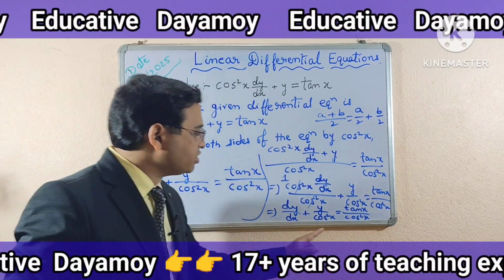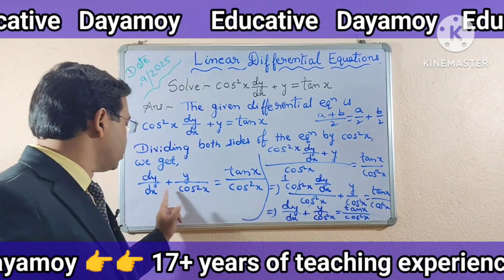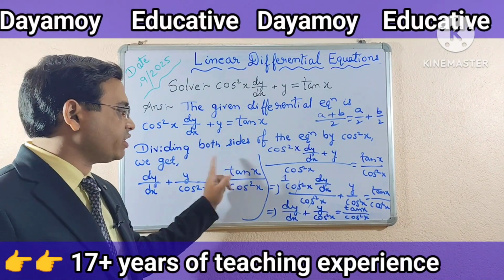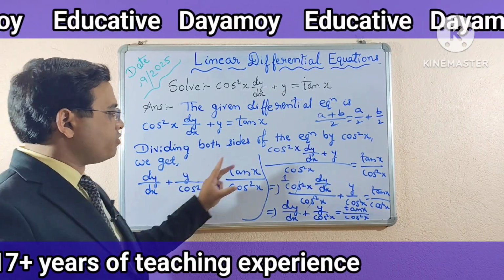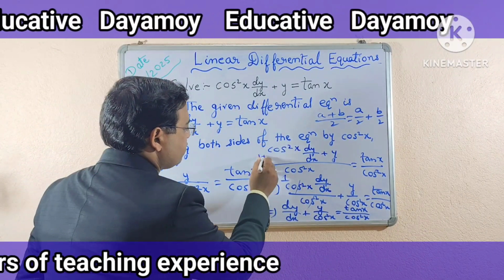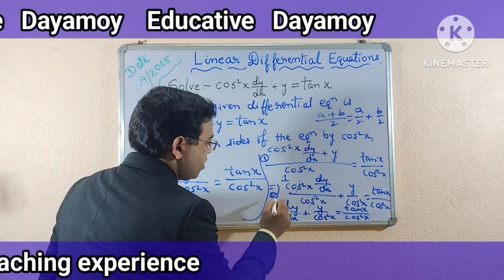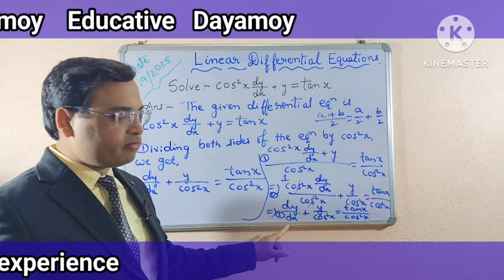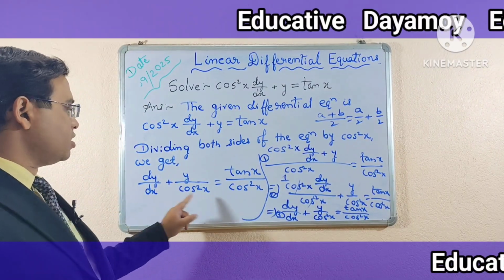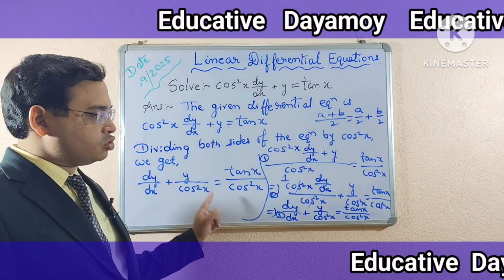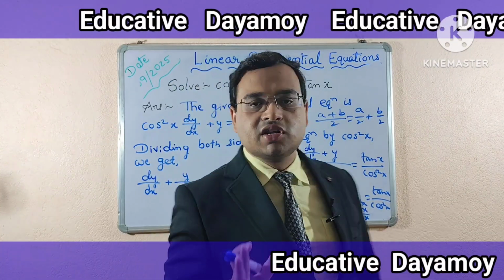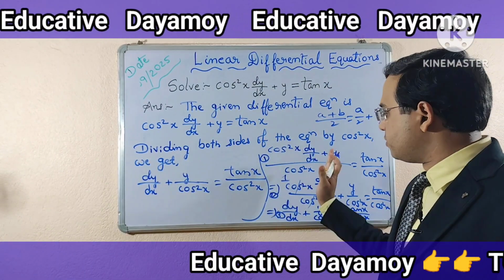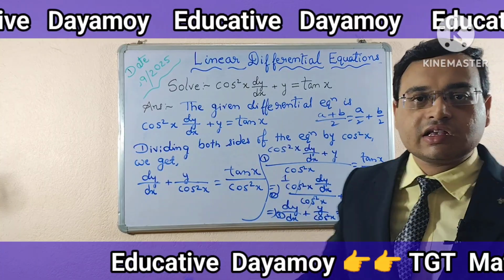Okay, this thing I have written here. Understood how this line came? This line came from these 3 steps. This is the first step, this is the second step, and this is the third step. After these 3 steps I have written here like this. Okay, so if someone is unable to understand how this line came, I have explained here in detailed